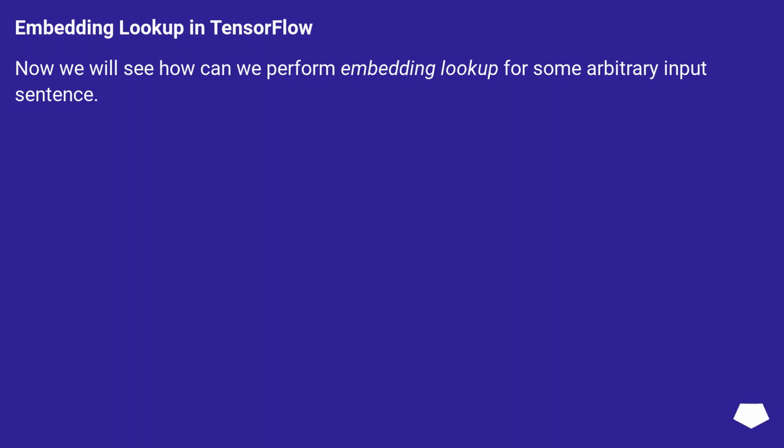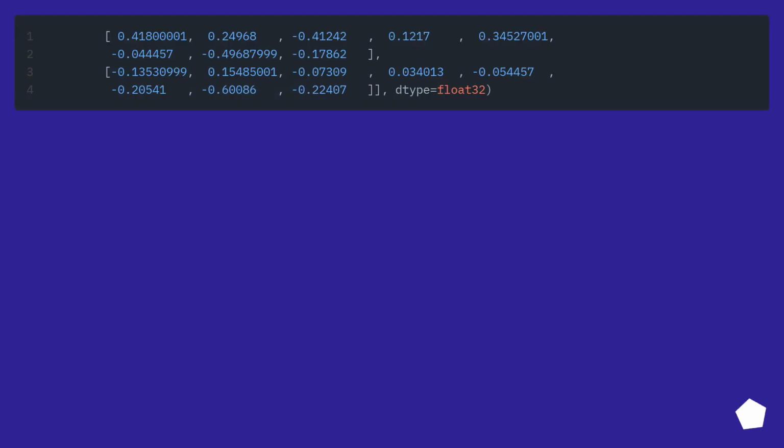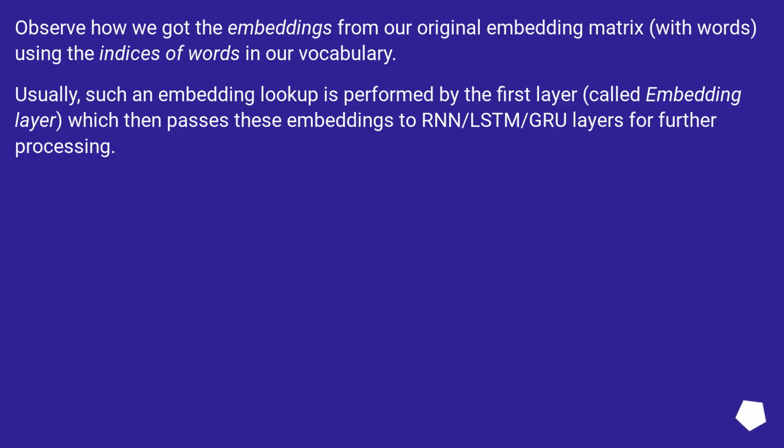Now we will see how can we perform embedding lookup for some arbitrary input sentence. Observe how we got the embeddings from our original embedding matrix, with words, using the indices of words in our